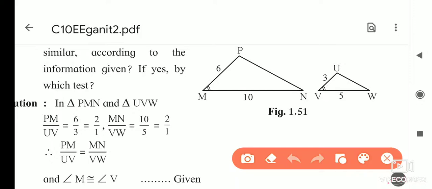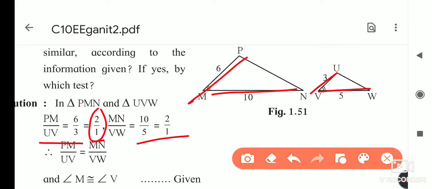So here, if you find the ratio PM upon UV, then you will get 6 upon 3, which is equal to 2 upon 1, and MN upon VW is equal to 10 upon 5, which is equal to 2 by 1. So here the ratios of sides, that is PM upon UV, is equal to MN upon VW. So it is equal, and the angle between them, angle M is congruent to V,